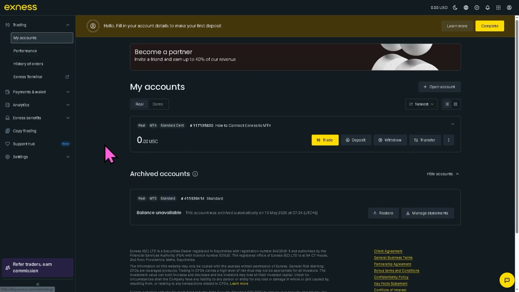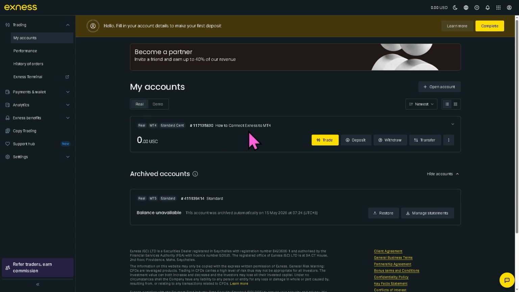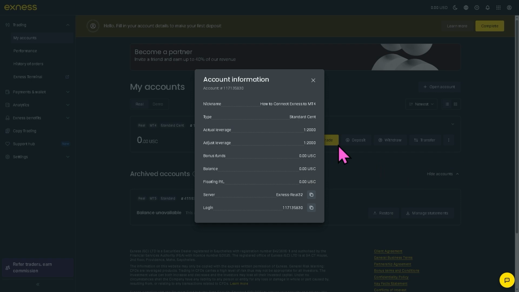Now, you need to choose the Exness account that you want to connect to MT4. You can choose from a real account or a demo account. In this case, I'm choosing the real account, and I want to connect this specific account right here. And then if you want, click the three dots icon and then click Account Information. Now we need to get the server and the login details so that we're able to connect